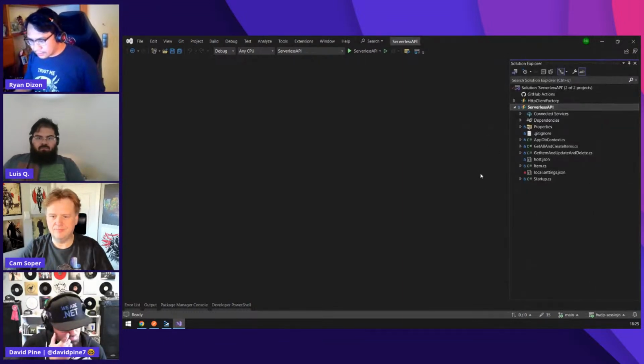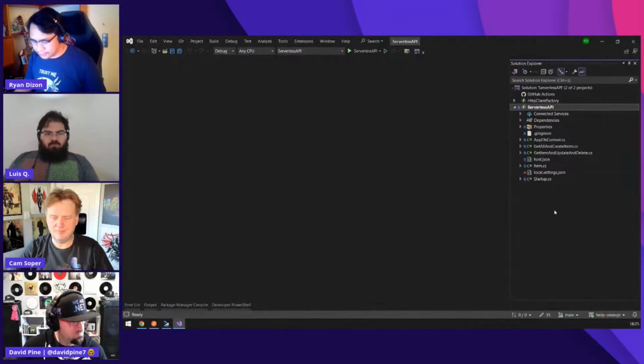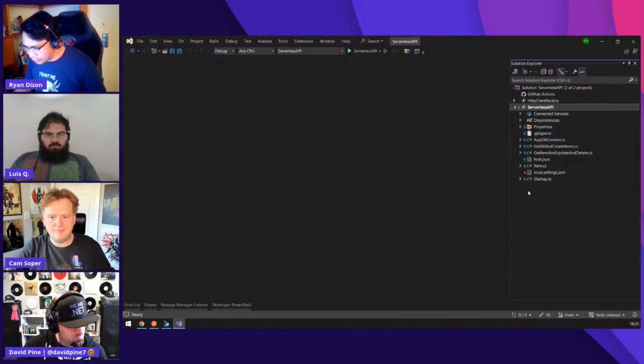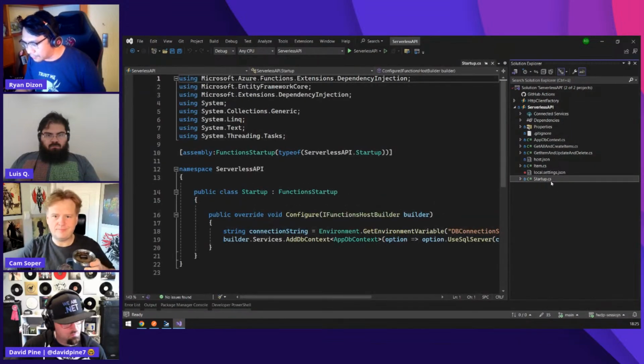So this project is just a create, add, delete application, and if you notice here, this is an in-process function app. So that's why I have a custom startup class here.